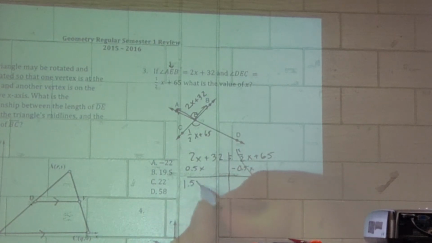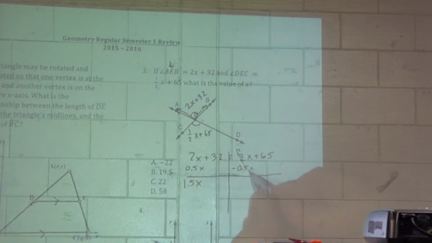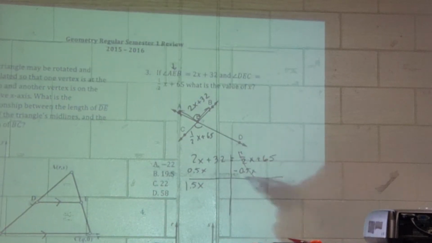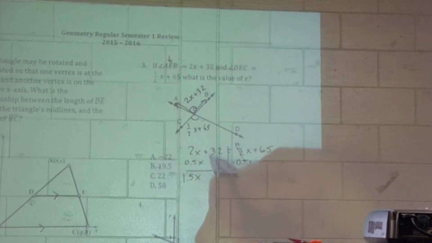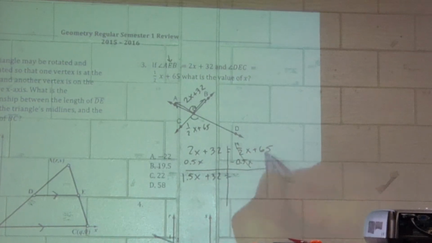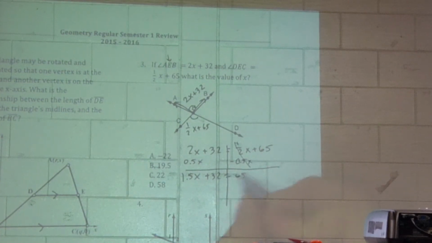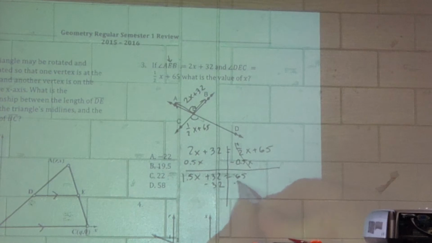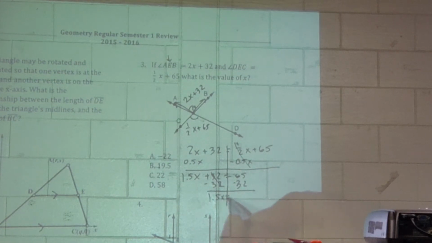going to be 1.5x. So again, I know this is 0.5x because all I did was take 1 and divide it by 2, and you get 0.5. 1 divided by 2, 0.5. So I bring down my positive 32. This canceled, I bring down my 65. So I'll subtract 32 from both sides. I end up with 1.5x equals